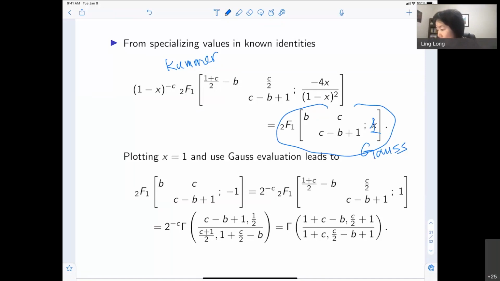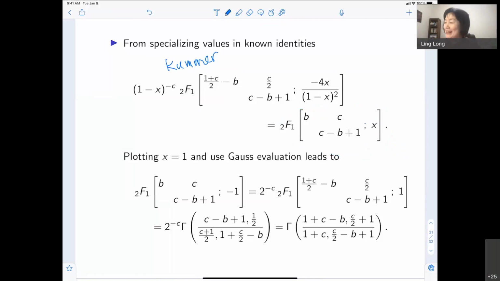If I put, let me see, did I put in the wrong way? If I put 1, it's a trouble. Okay, it's actually when I put minus 1. All right, so let me redo everything, sorry. If I want to evaluate at minus 1,